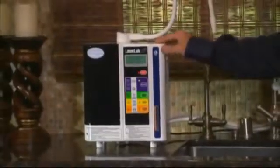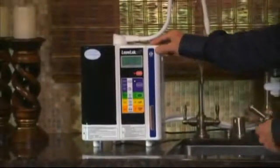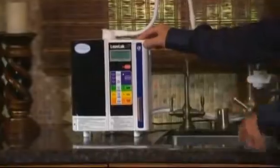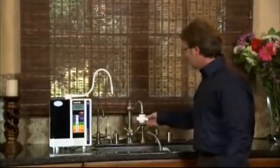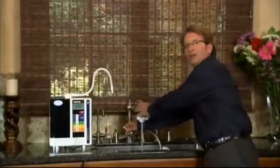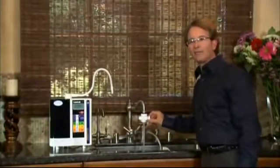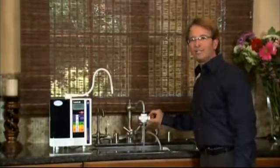So now I'm going to show you the technology that makes the different waters that we showed you in the demonstration. And this is what's called the SD501, the Leveluck SD501. It's the top of the line unit that we have, and it's the gold standard in our industry. So with a touch of a button, I'll show you what we do. We simply hook this up to the sink right here. As you can see, the ordinary tap water coming out of here. And by diverting the water into the machine,